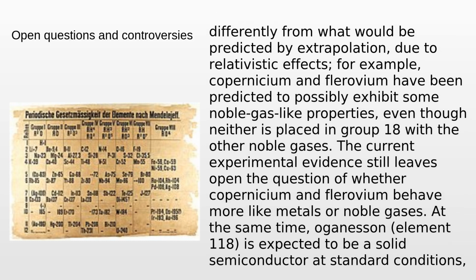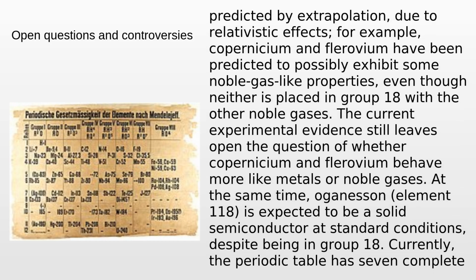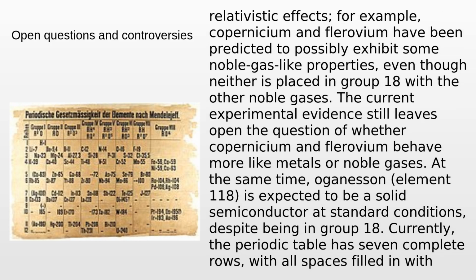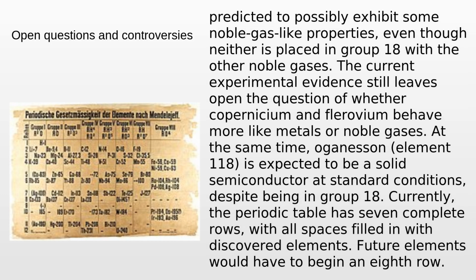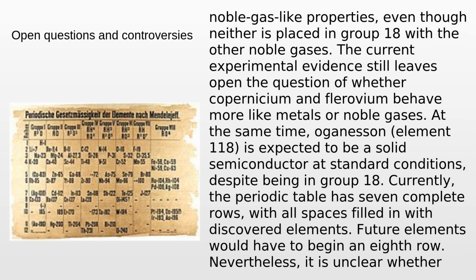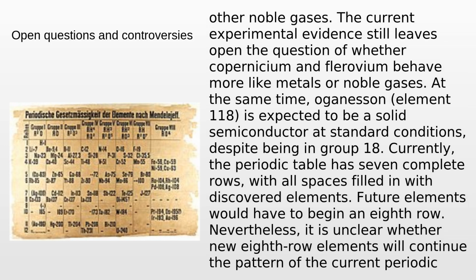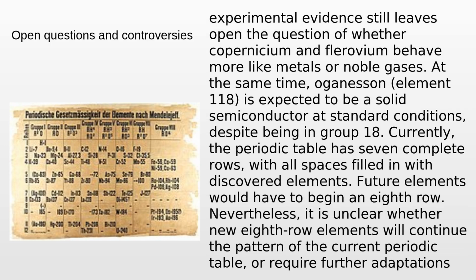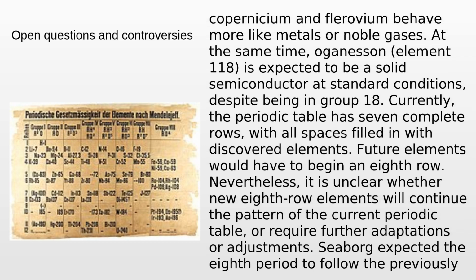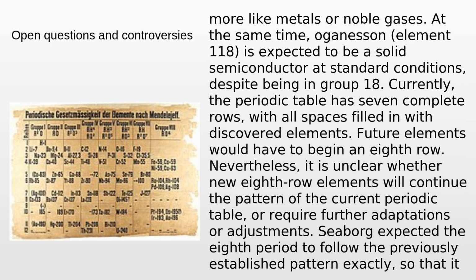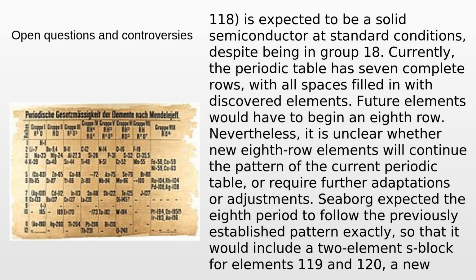Some of these may behave differently from what would be predicted by extrapolation, due to relativistic effects. For example, copernicium and flerovium have been predicted to possibly exhibit some noble gas-like properties, even though neither is placed in group 18 with the other noble gases. The current experimental evidence still leaves open the question of whether copernicium and flerovium behave more like metals or noble gases. At the same time, oganesson, element 118, is expected to be a solid semiconductor at standard conditions, despite being